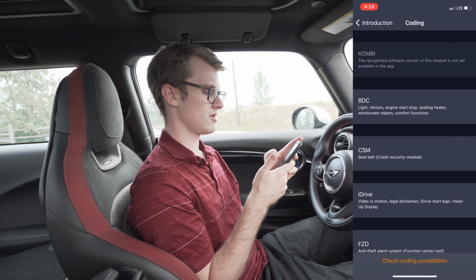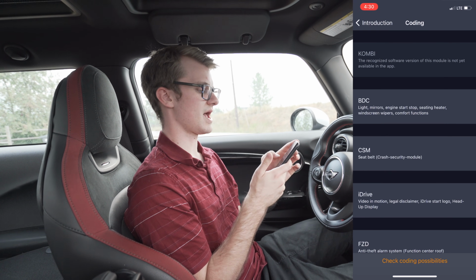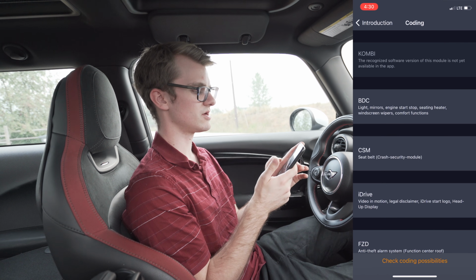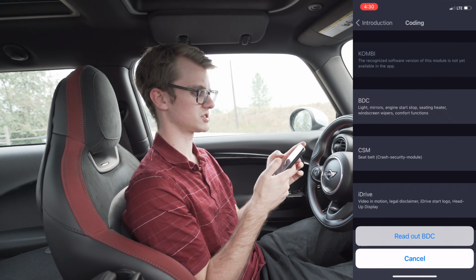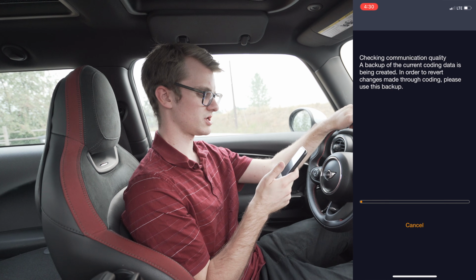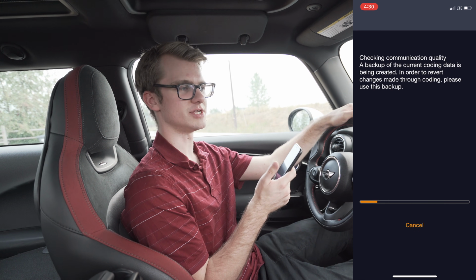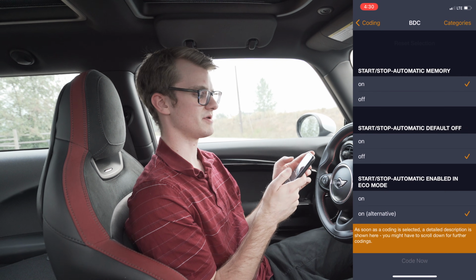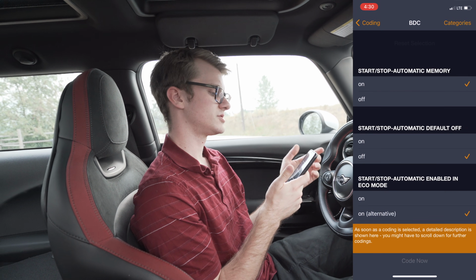Okay, so first of all, it's called the BDC, and here you control lights, mirrors, engine start, stop, seating heater, windscreen wipers, and comfort functions. So we're just gonna go into there, take a quick look, and here's where it creates the backup for each one of the modules of your car. Okay, so backup successfully created, and now here it's very simple just to turn things on and off. Start, stop,